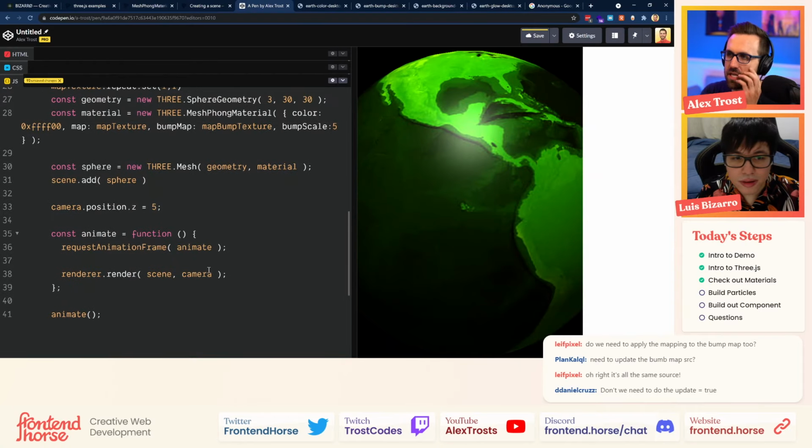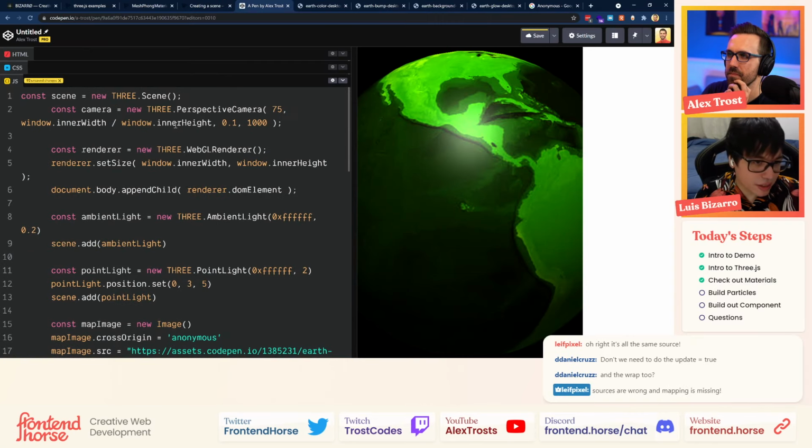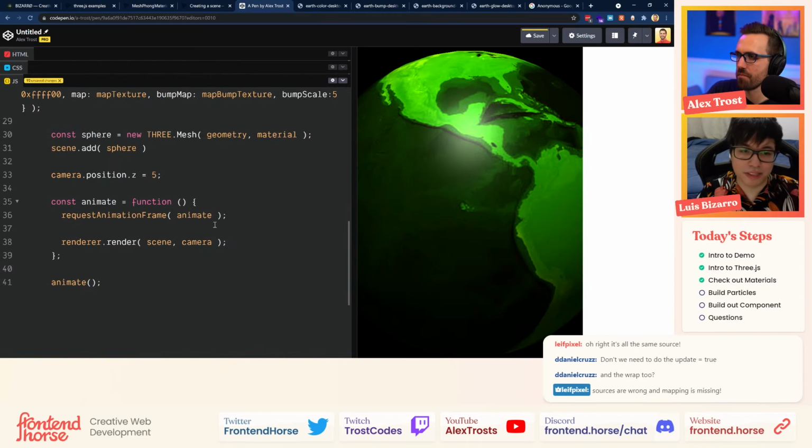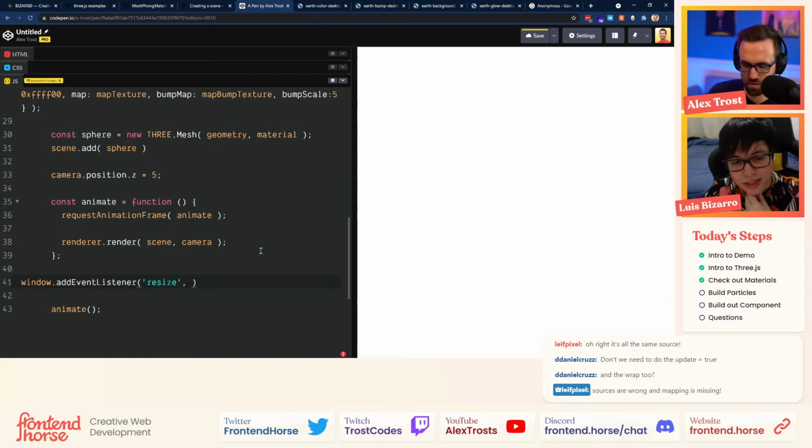It's not updating when we resize. Should we handle that real quick? Yeah, let's also include that. So let's include a window addEventListener resize, and then set the render size to the window inner width and window inner height. Cool.